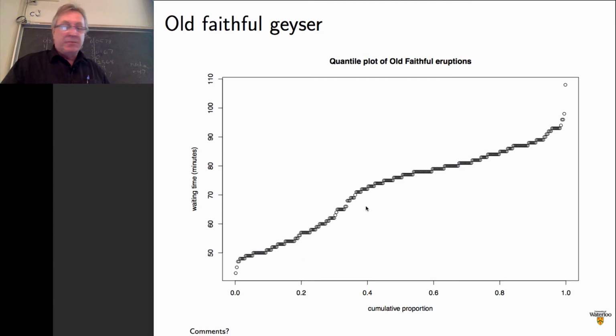Right? So the waiting time between eruptions can range from the 25% point at about 60 minutes, an hour, to the 75% point at about 84, 85 minutes. So anywhere from an hour to an hour and a half, let's say. Half the eruptions, you'll have to wait that long. Okay? And you can think about where that seems to be piling up and where it seems to